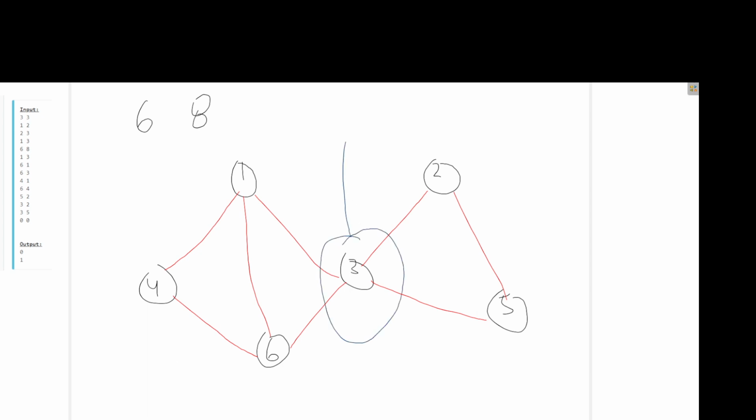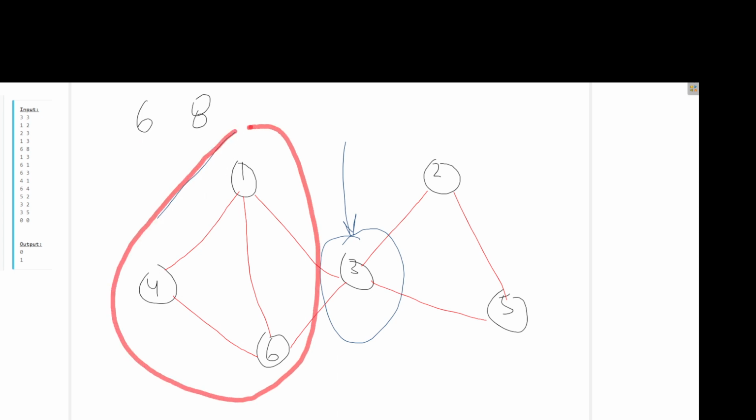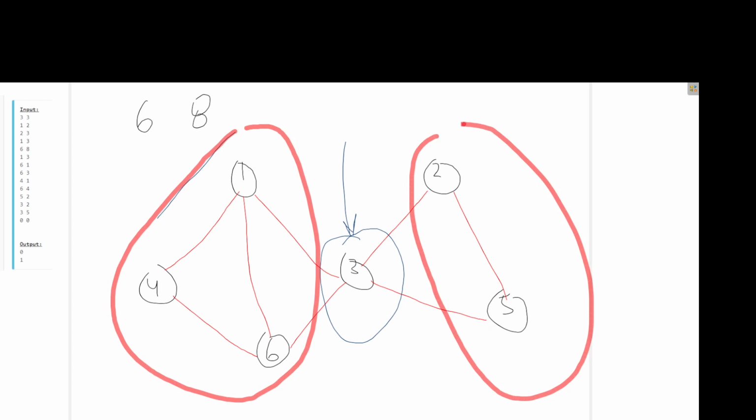If we remove this node, then this part will get separated and become another component, right? So there is one articulation point, and we have output 1.